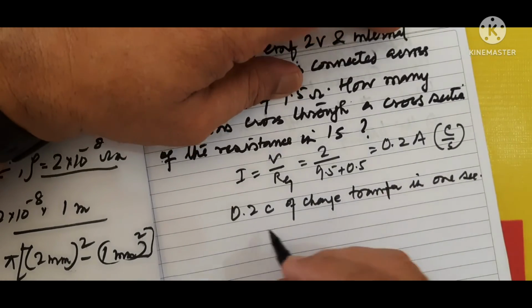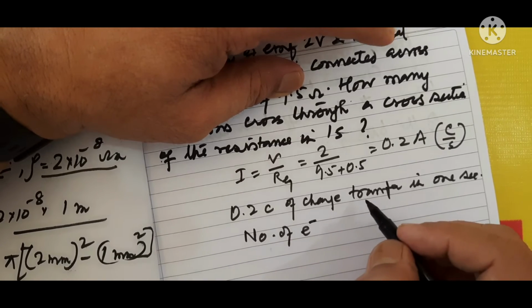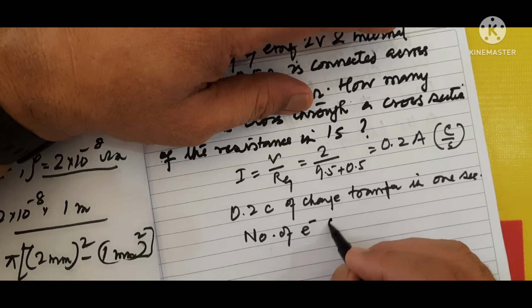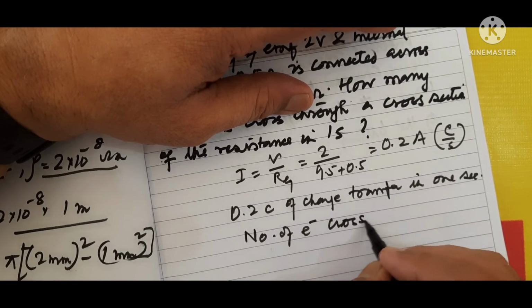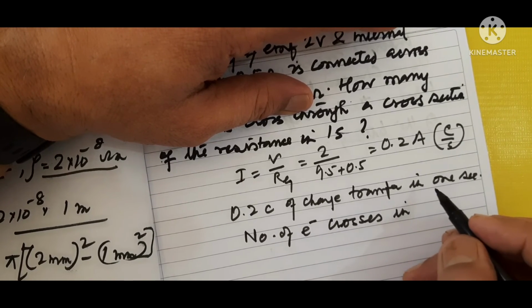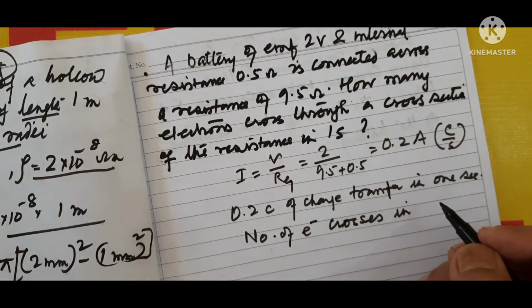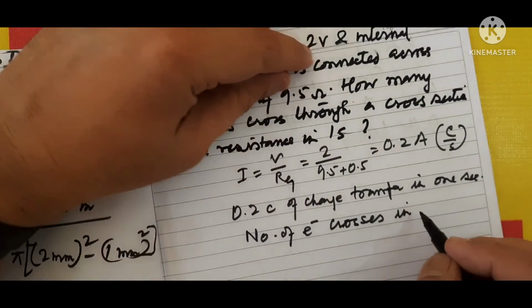Right? So the number of electrons that cross the section in 1 second